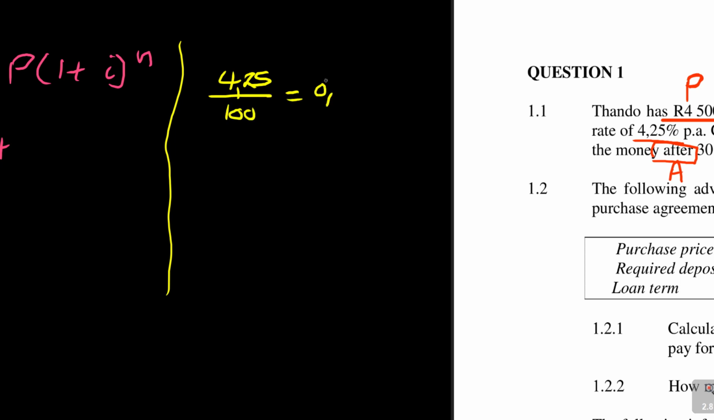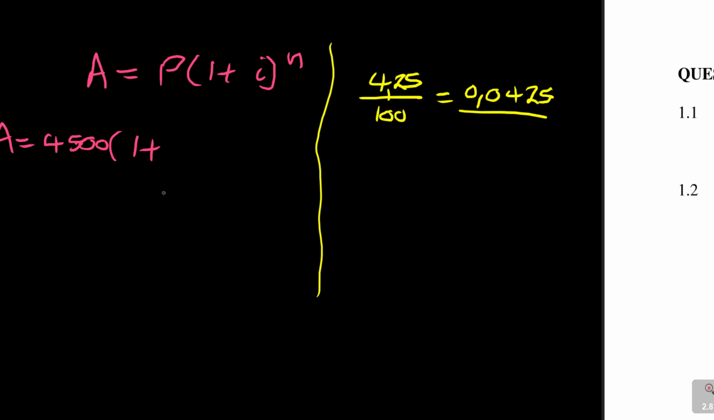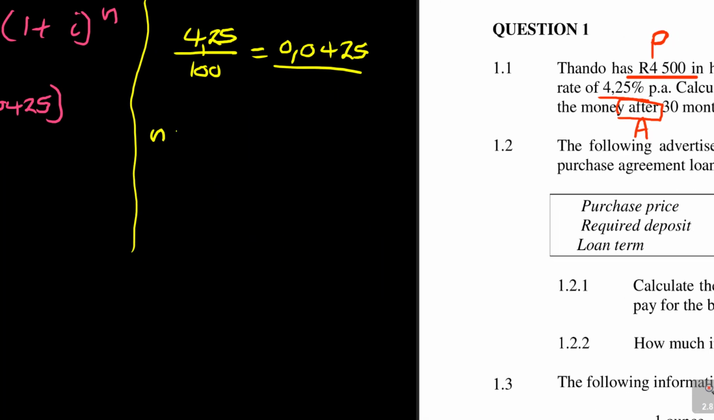Use a calculator there, 0.0425, right? And that is what we are going to have here as i, which is 0.0425. Now we need to put n, right? And then we said n must be in years, so the n there is equal to 30 months. So you say 30, you divide by 12, which is equal to